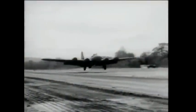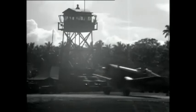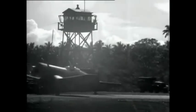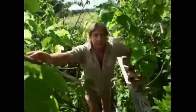This is Red Beach, the absolute start of the invading force. Right on the end of that peninsula, that one just in there, that's Henderson Airfield. Rightio, so that was their target. No idea of the firestorm that's about to be unleashed in 6 months of carnage. Control of the air is everything in the Pacific. Whoever has air superiority will win the war. This tower, which is still really well intact, was actually built by the US military